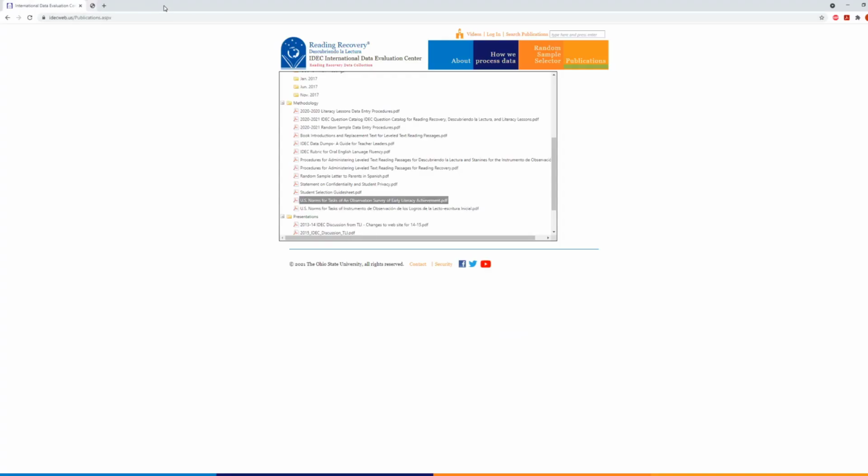Now, I've had people ask me, how is this going to affect kids discontinuing, and how's that going to change that? And the honest answer is, I have no idea. It's going to change it in some way. And once you start using the new stanines, we'll see how that all plays out. In general, what you will see in the updated stanines is that children have become more proficient over time. And so the average band has gotten just slightly higher now at each time point in fall, mid-year, and year-end.